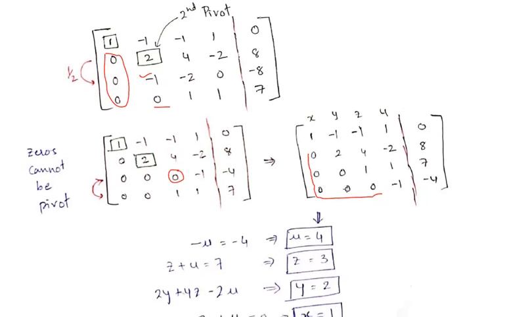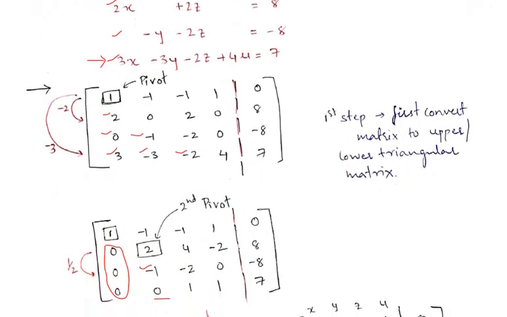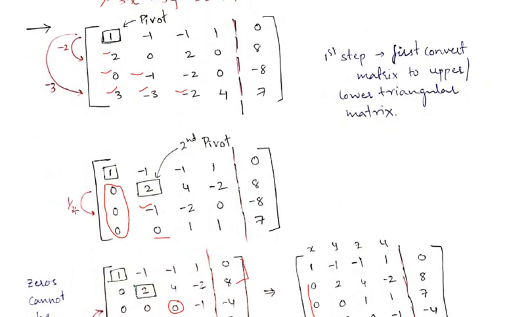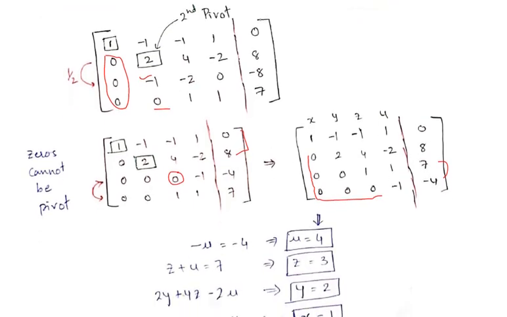So finally what we got, and remember, whenever you do the row operation, it should be done on the right hand side elements also. So you can see the very first I had 0, 8, minus 8, 7 from the original equations. Later, after applying 1 by 2 and adding it, we have found it is 0, 8, minus 4, 7, and after exchanging these rows, 7 has moved up and minus 4. So we need to take care about the right hand side also.